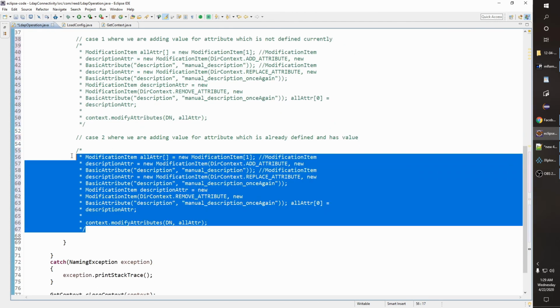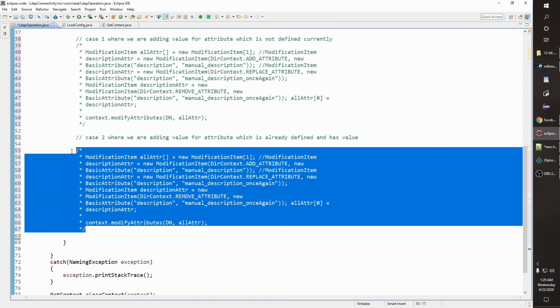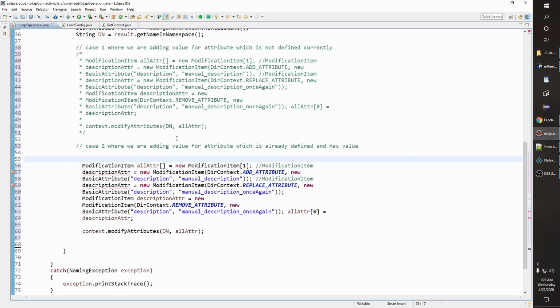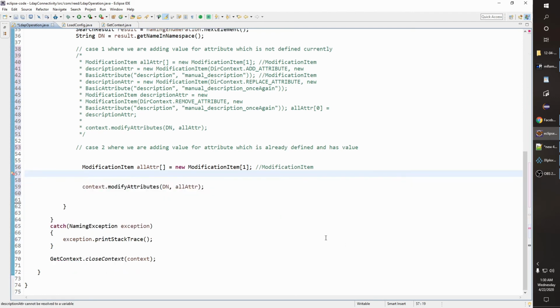In that case, what we can do is, we'll be using this. So first thing is, again, one description attribute. So what we will be doing here is remove that. Okay. So what we have to update right now is SN. So first we have to get the value of SN.